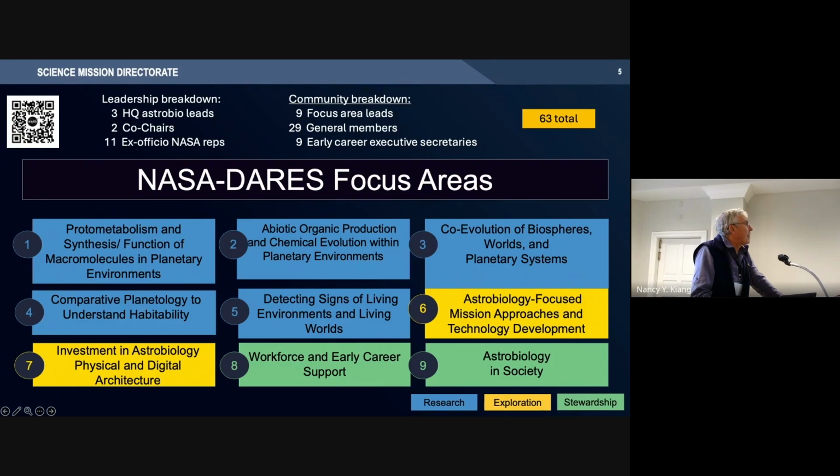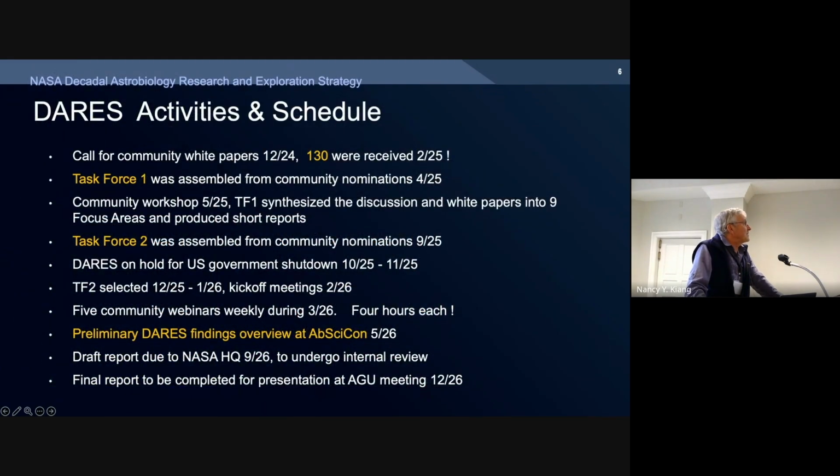So the activities and the schedule, this all started at the end of 2024 with a community white paper call with 130 submissions made. The first task force was assembled from self-nominations from the community. A workshop was held in May of 25, and those white papers were all synthesized into a smaller set of documents to handle. I'm on task force 2 that was assembled last fall for nominations, and now we are in